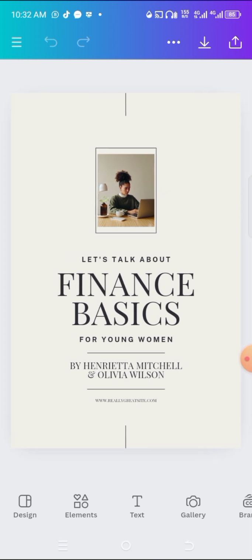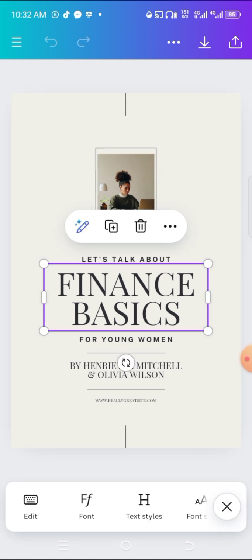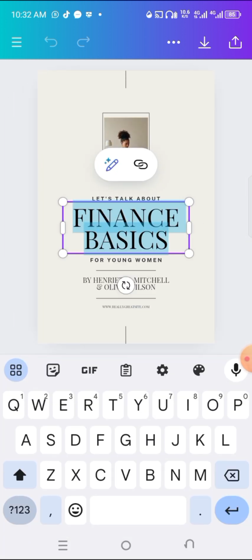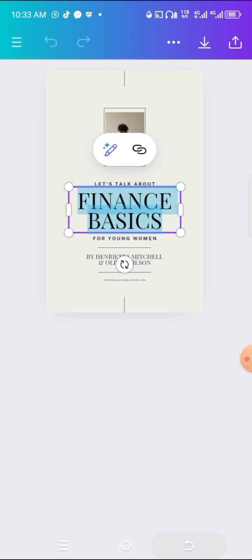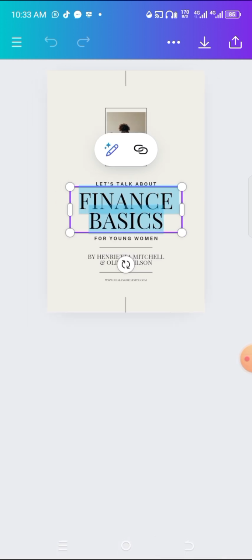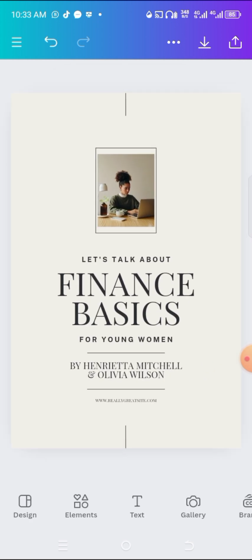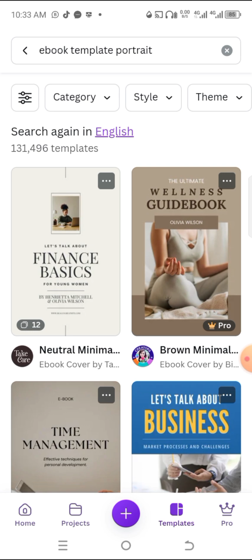we already have a photo here. We have text. You can edit this text, remove the text, remove the photo, and replace them with something else that you desire. But as I said, for the sake of this tutorial, I want us to be designing this ebook from scratch. So what we are going to do is to go back to home and